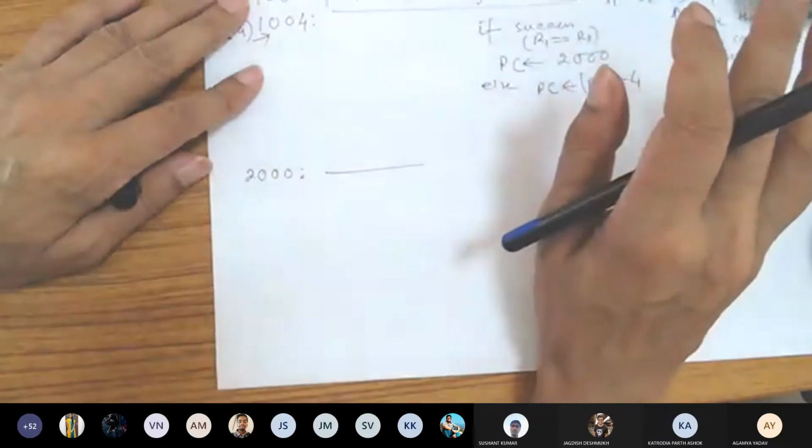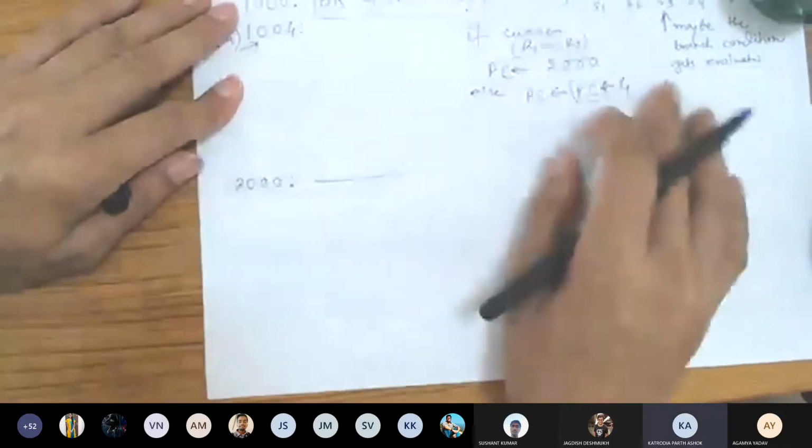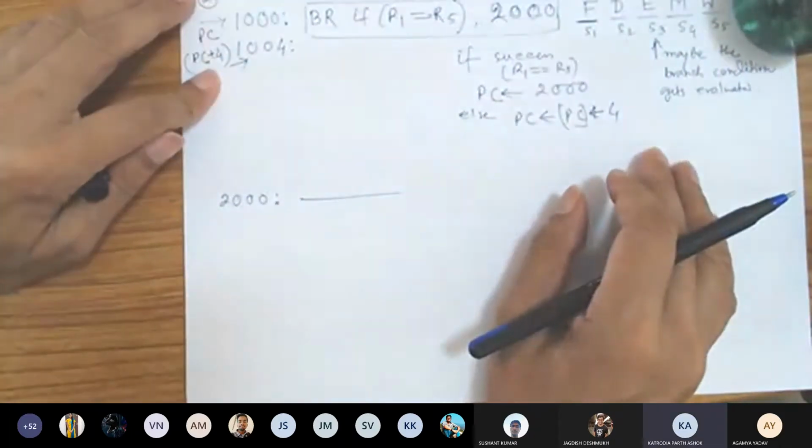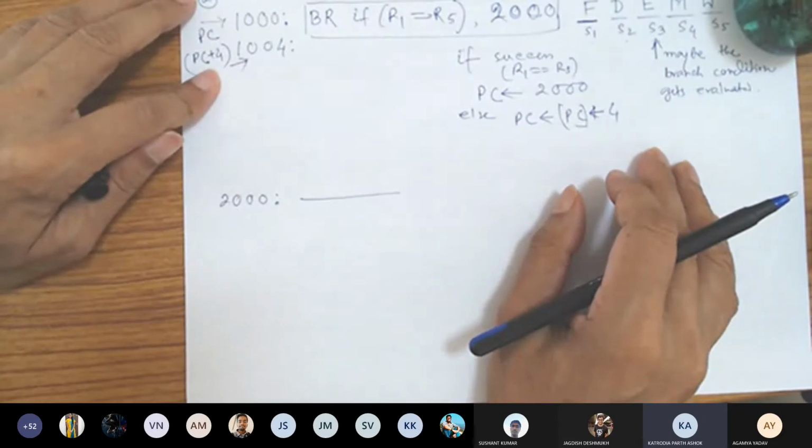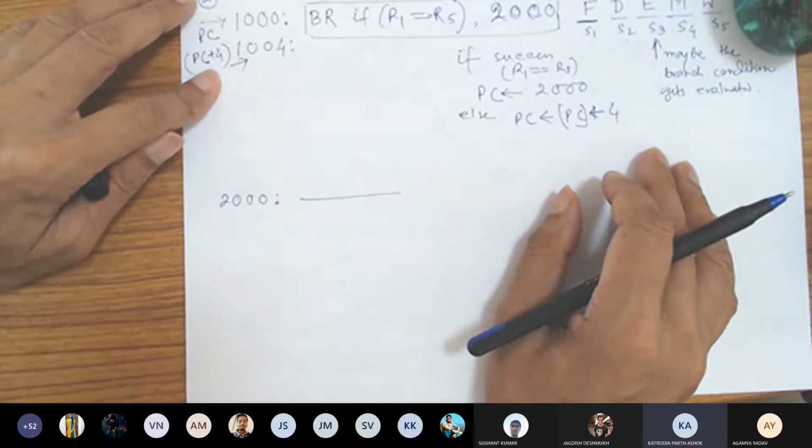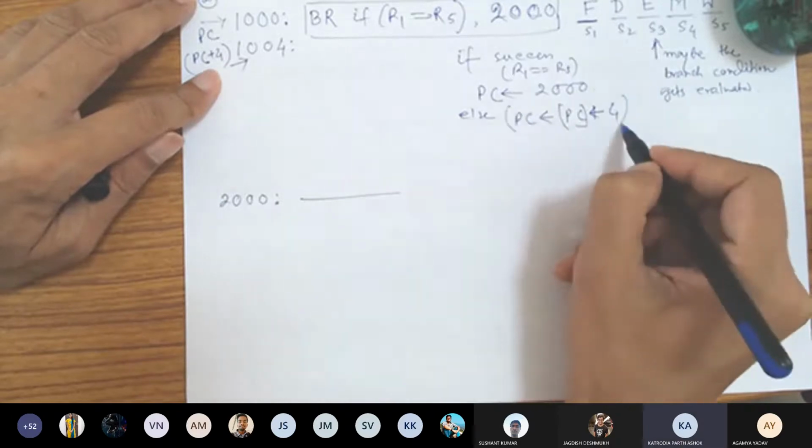Is that clear? Sir, in the else part, why is it PC plus 4? Because this thing is done in the execute stage 3 and it is already PC plus 4 after stage 1 now. So it should be PC only. I mean, wherever it points, be 1004. No, else, that's what I'm saying.